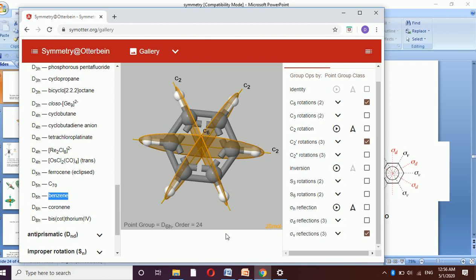Thank you. So in this class you must be able to understand what is a symmetry, a plane of symmetry, and how to perform a reflection operation, and what is a vertical plane of symmetry, and what is a horizontal plane of symmetry, and what is a dihedral plane of